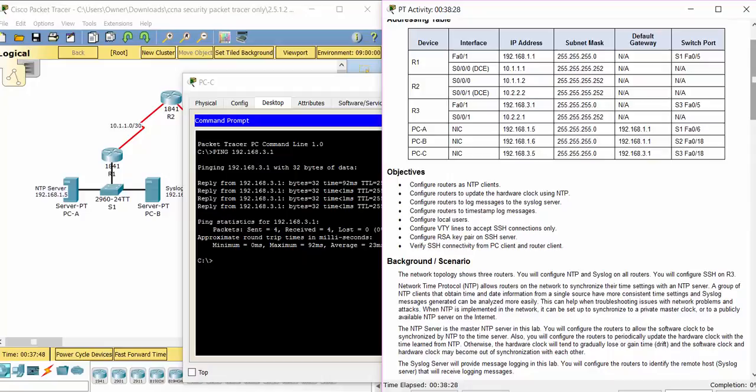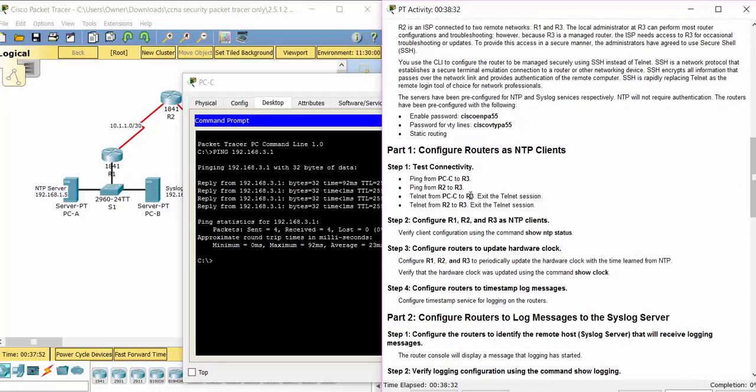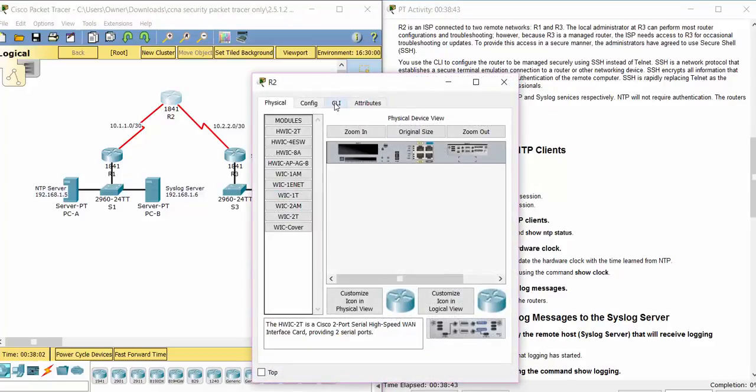The next step is to ping from R2 to R3. So we're going to be pinging from R2 to R3 to see if there is connectivity here. So CLI,